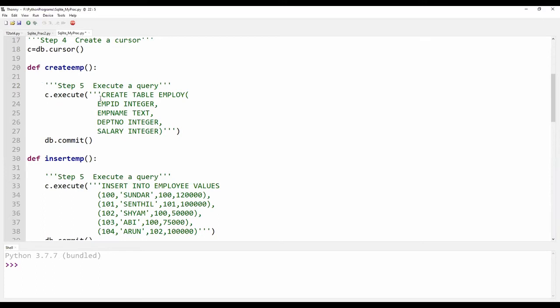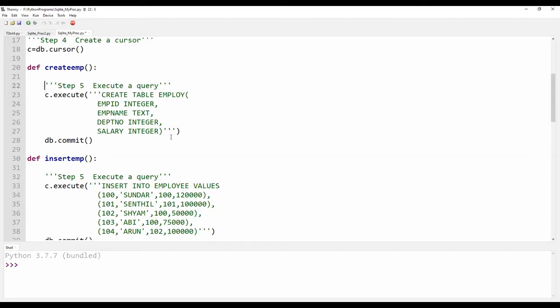What I am trying to do now is create a table named employee, which consists of the following fields, columns or attributes. Employee ID is an integer, emp name is text, department number is an integer, and salary is an integer.